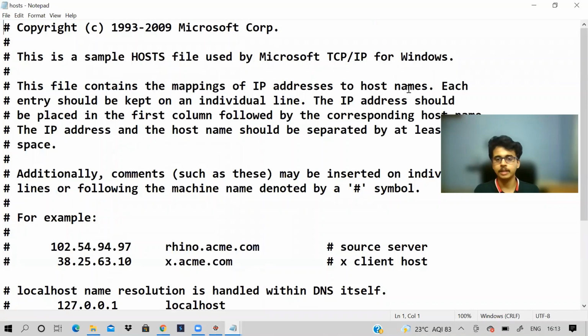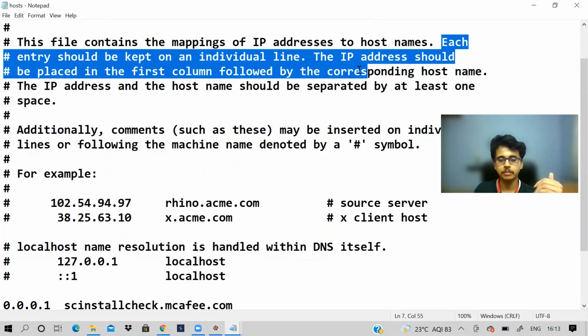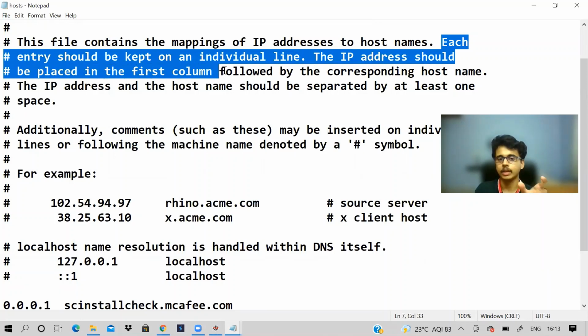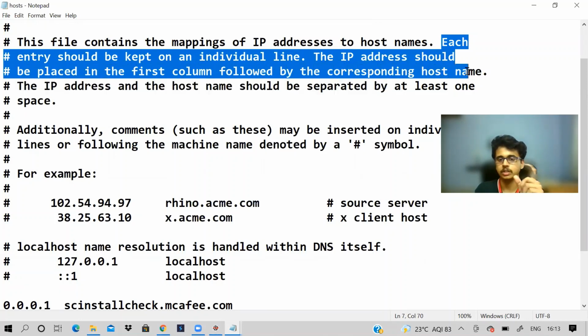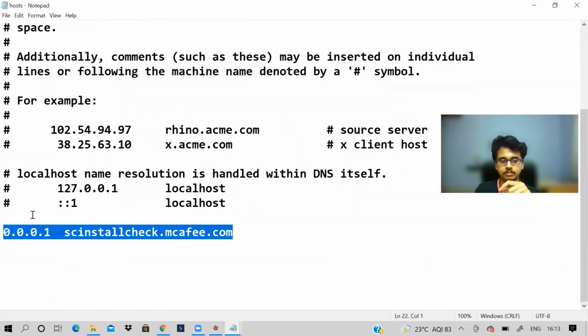Basically, it is a mapping of IP address to host name, and there is a specific way this file should be written. Each entry should be kept on an individual line. The IP address should be placed in the first column, followed by the corresponding host name. Basically something like this.